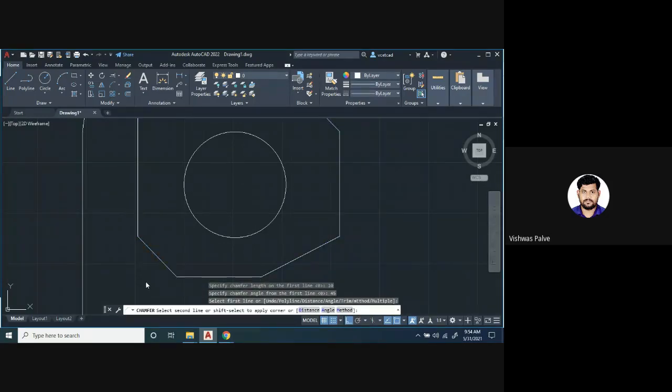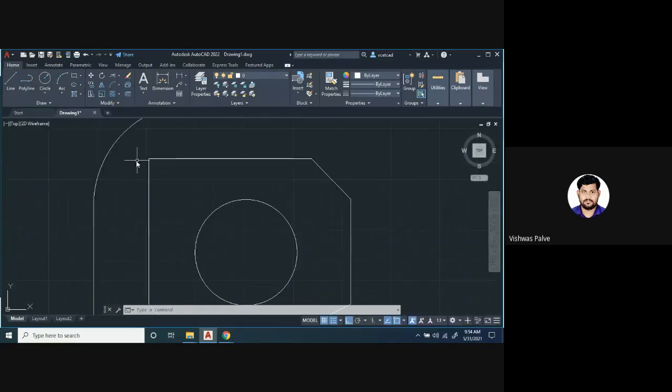So the chamfer distance will be 10, angle will be 45. Suppose if I want to give 30-degree angle, again I can give chamfer, then A enter, first 10 mm and angle 30 degree. So that we can use.